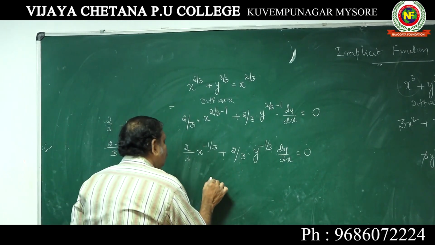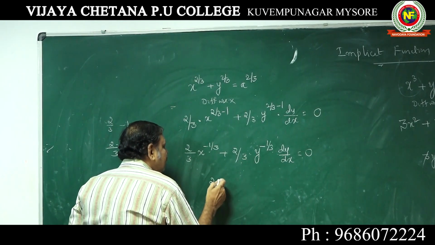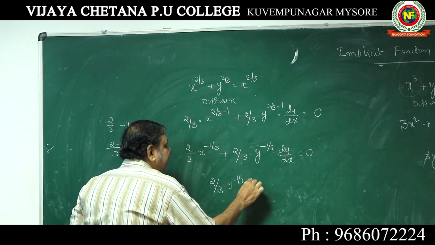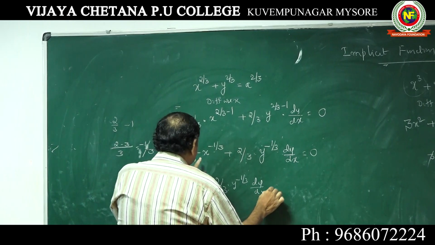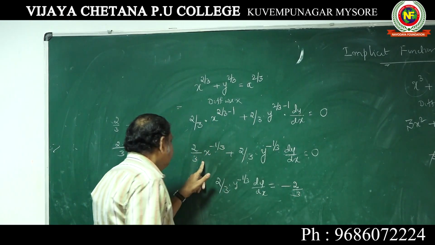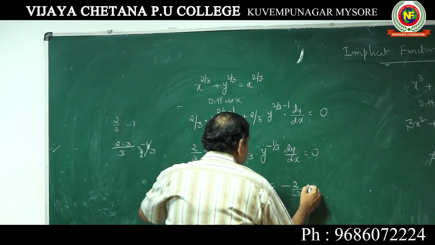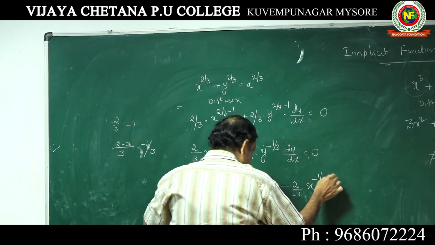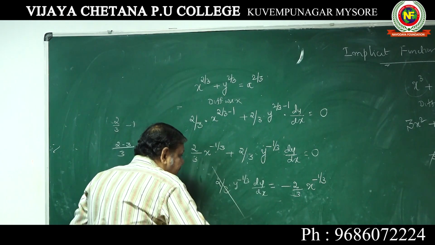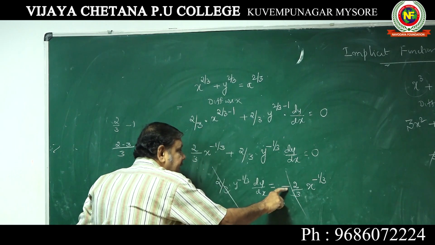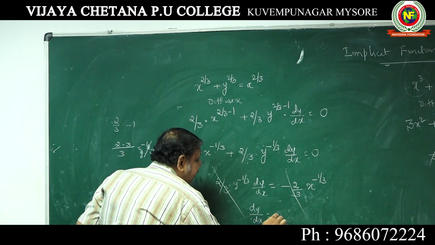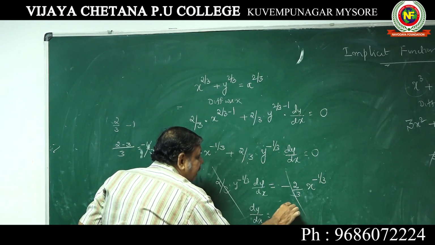Now it is 2 by 3. Keep this one as it is. 2 by 3 into y to the power of minus 1 by 3 dy by dx is equal to, shift this term to that side, minus 2 by 3 into x to the power of minus 1 by 3. You are shifting the other one to that side. Now 2 by 3 can be cancelled, but don't cancel the minus. So dy by dx is equal to minus x to the power of minus 1 by 3